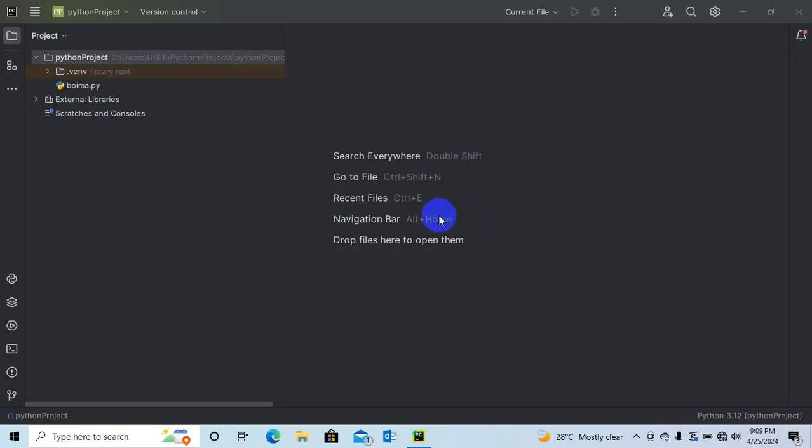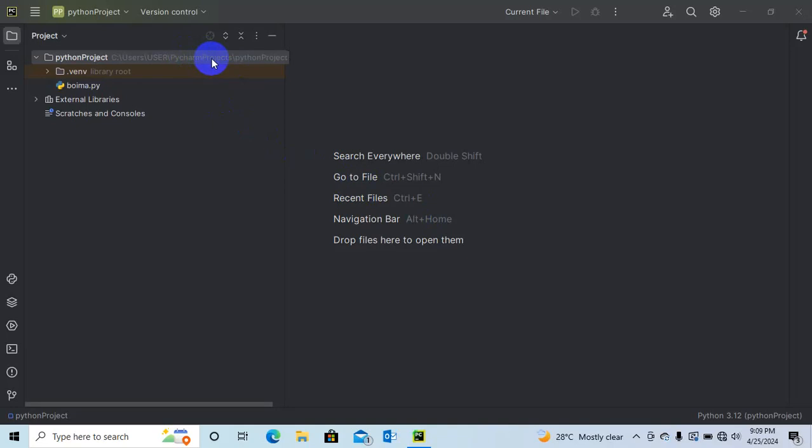So the first thing, I have to create my Python file. Today we're going to use Python. We're not using Visual Studio Code, but as I said, whatever you do in Visual Studio Code, you can also do the same in Python. And whatever you do in Python, you can also do it in Visual Studio Code. So I get my Python project here.